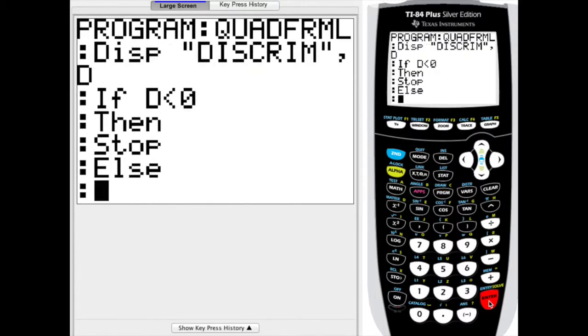Alright, else I want to continue with my work here, and it's going to be the positive path and the negative path to calculate the zeros. I'm going to do the negative path first. Since there's multiple things in the numerator and denominator, I'm adding parentheses around the numerators and denominators in the quadratic formula. Opening a parentheses, negative b